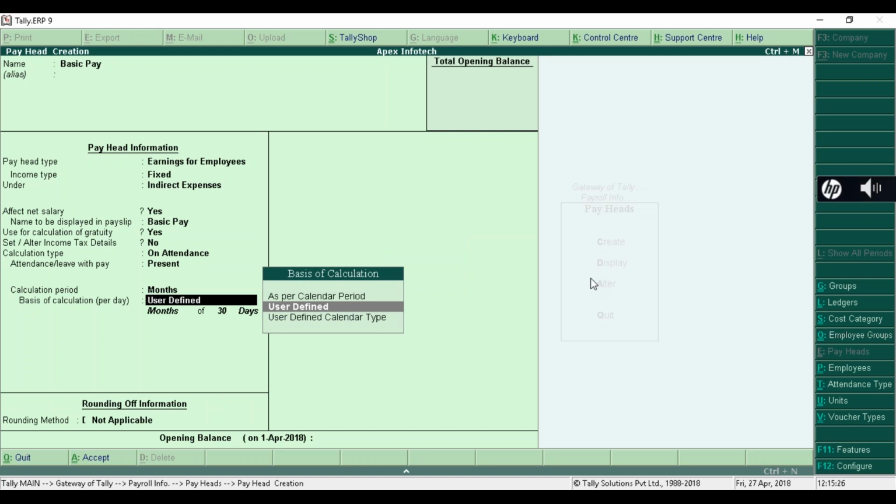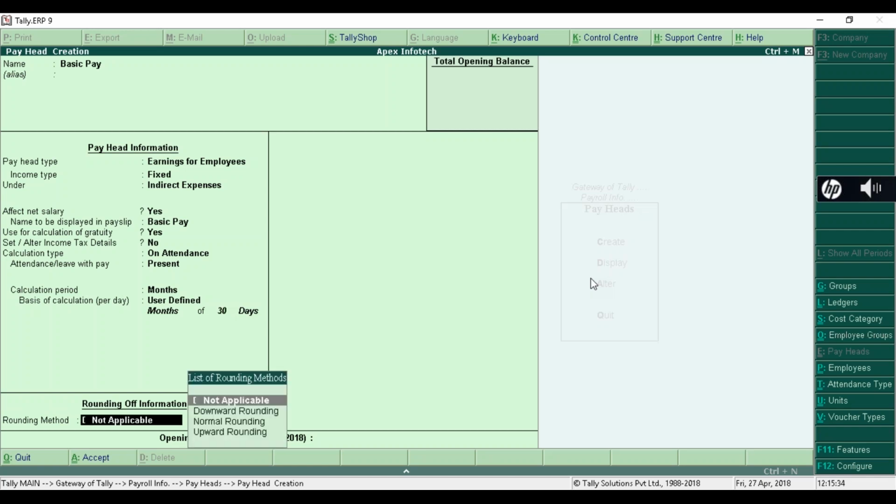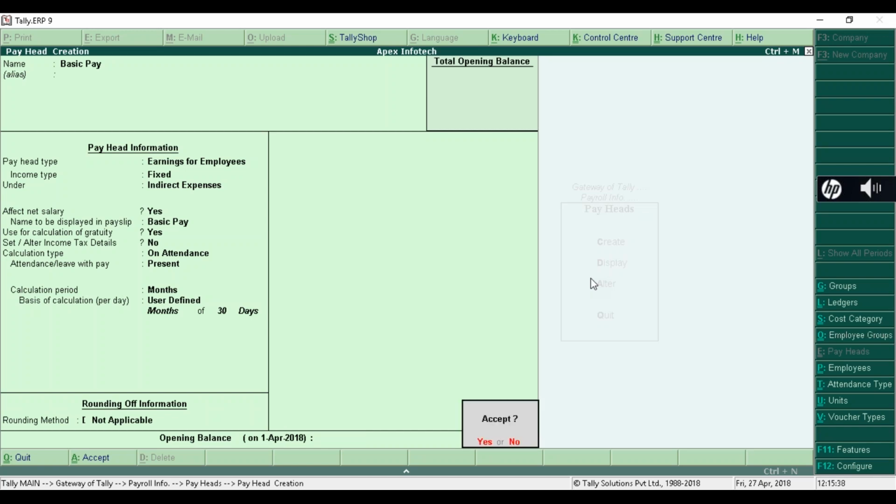So if you select user defined, that means we can consider that every month has 30 days. So user defined means if suppose I am a user of Tally and if I am a user of the payroll,